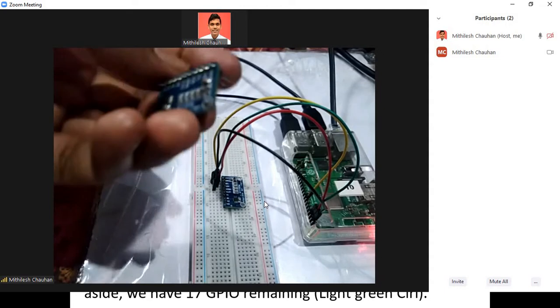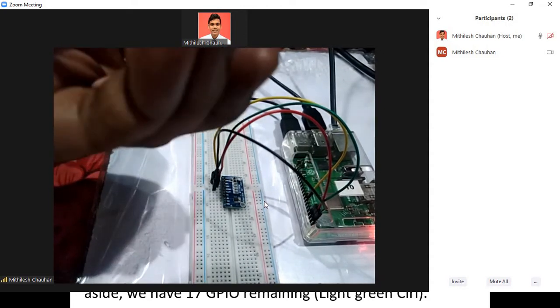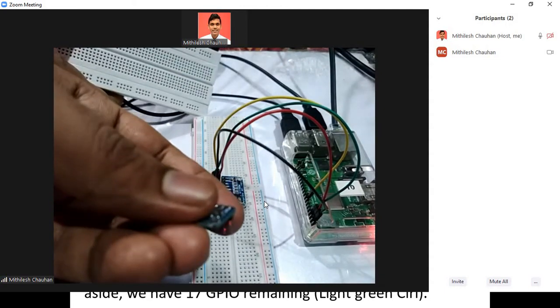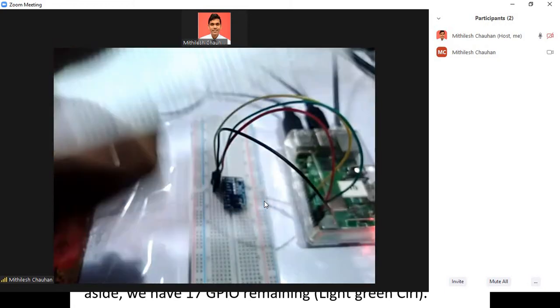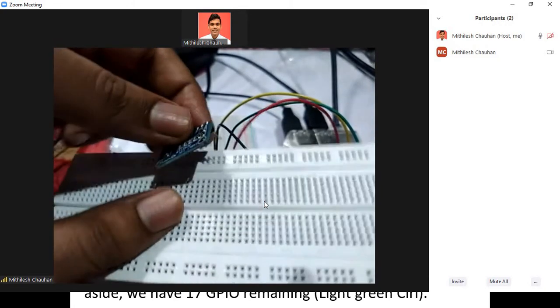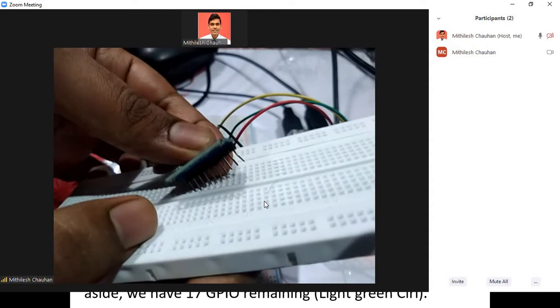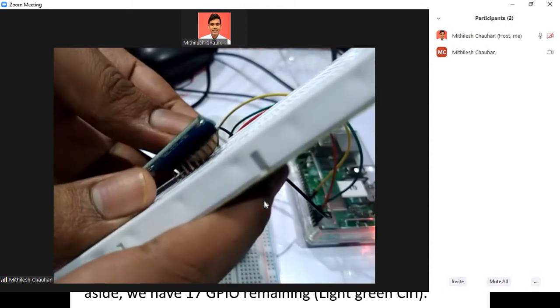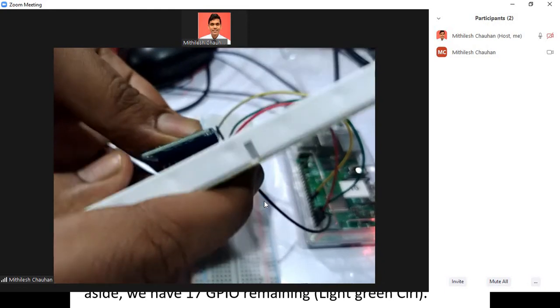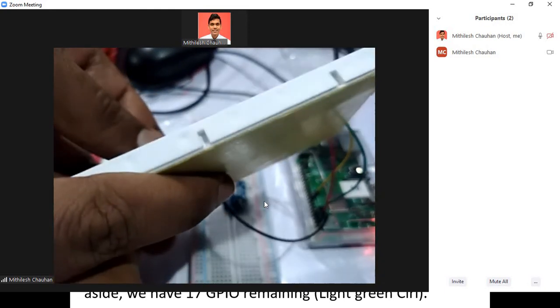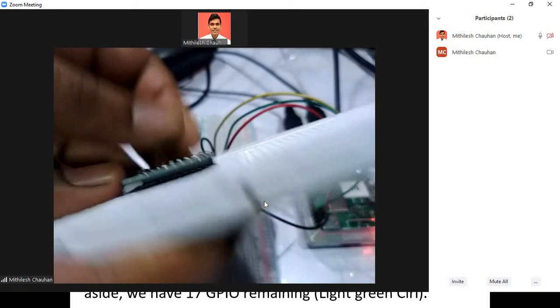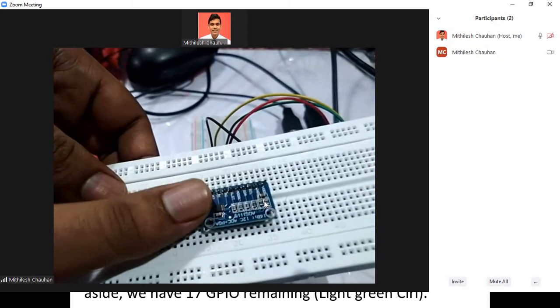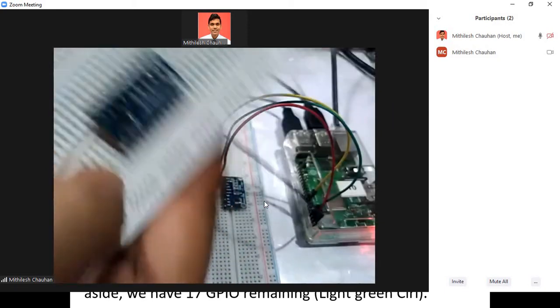So I'm connecting this pin connection to the breadboard, like in this way. Yeah, this module is connected.